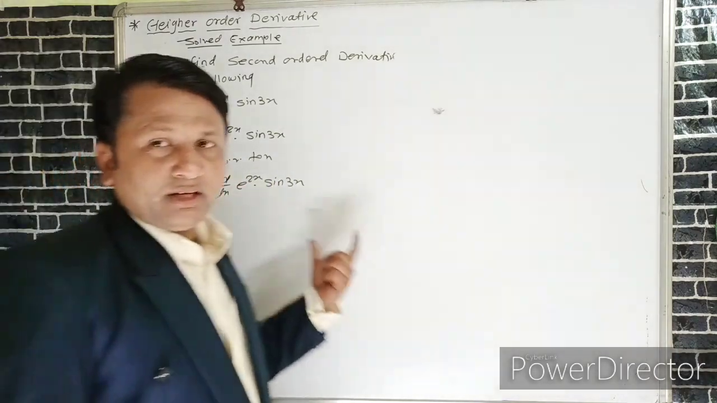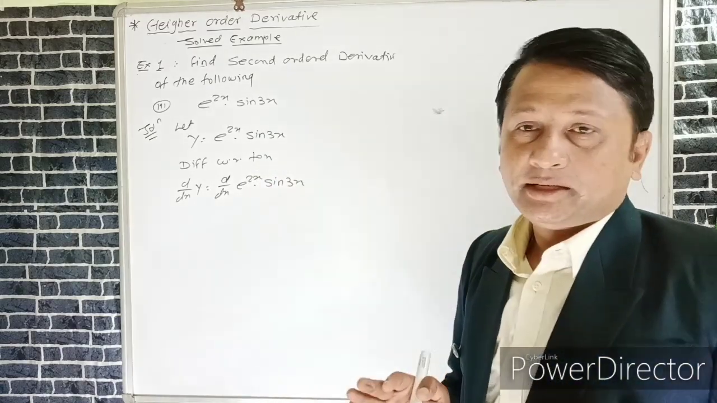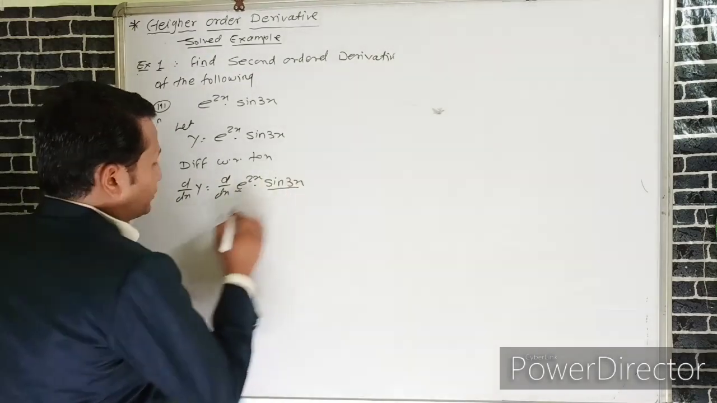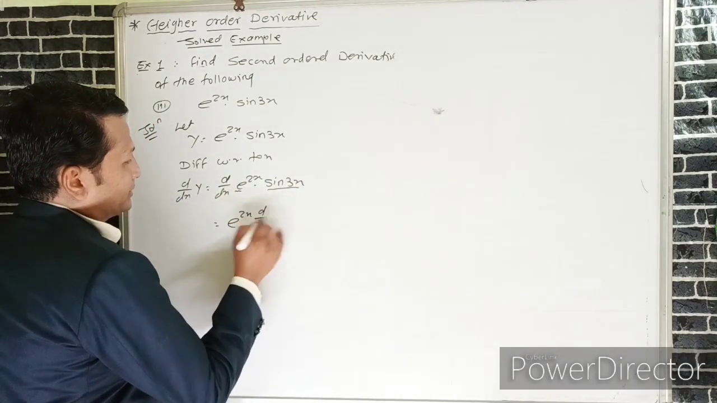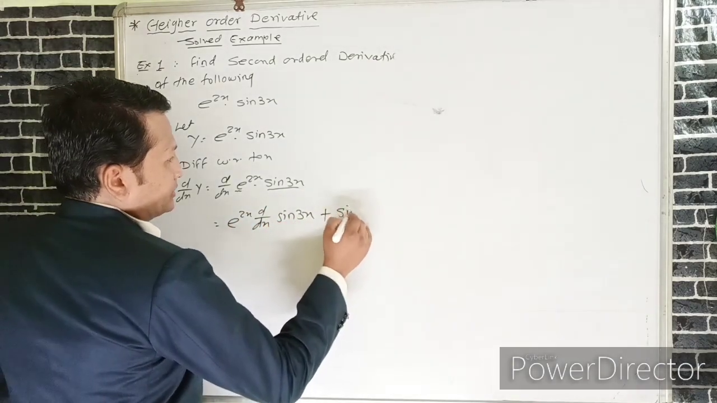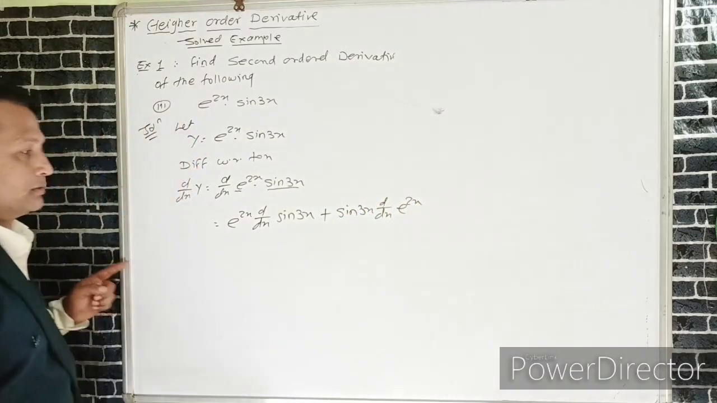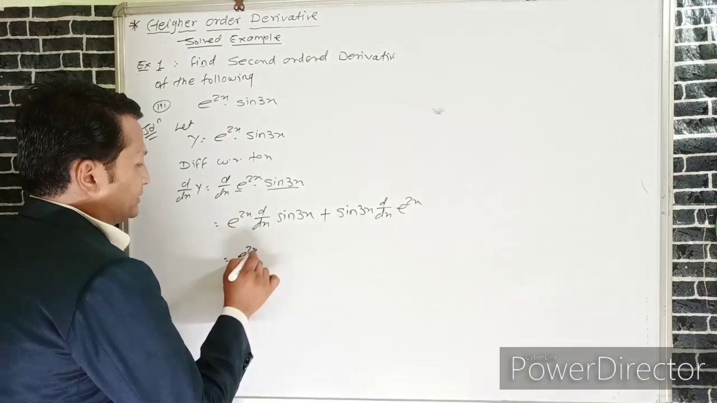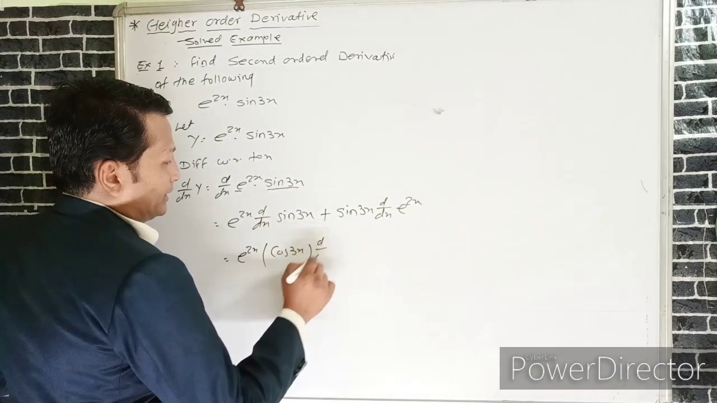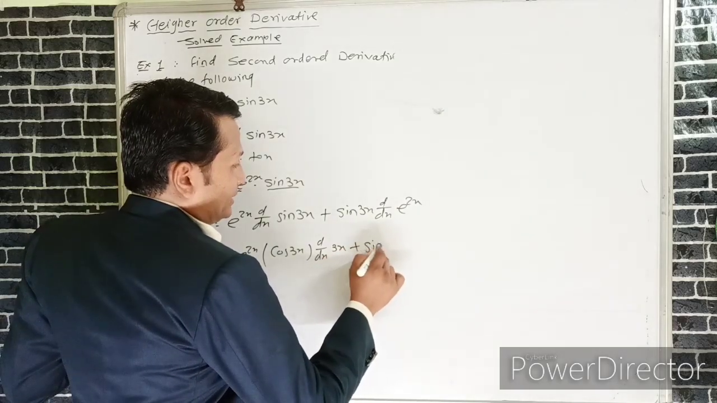Now both the terms are in multiple form, which is e to the power 2x and sin 3x. Here if we apply the derivative of u into v, then we can write e to the power 2x into derivative of sin 3x plus sin 3x into derivative of e to the power 2x. Now e to the power 2x as it is, and the derivative of sin 3x is cos 3x, we take again a derivative of 3x,